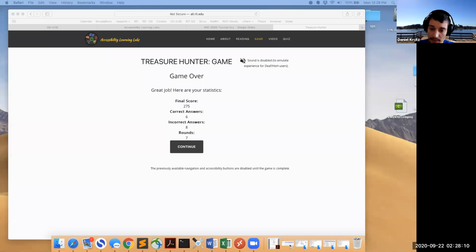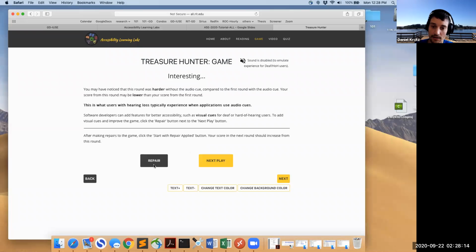And so the next step in this process is to actually go through and repair the application. So you see some writing here about why it's important to create accessible software. And then the next step is to click this repair button. Okay, so when you click the repair button,